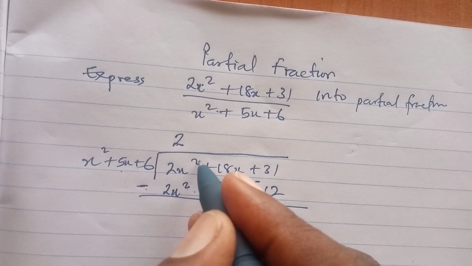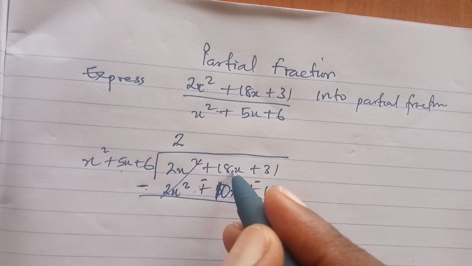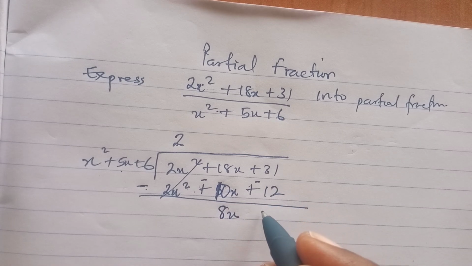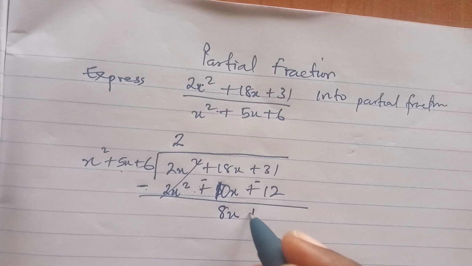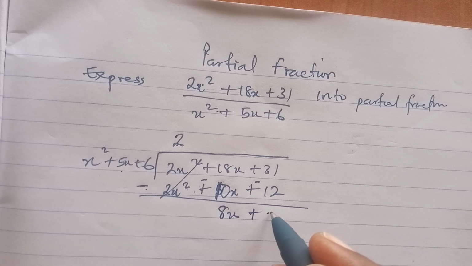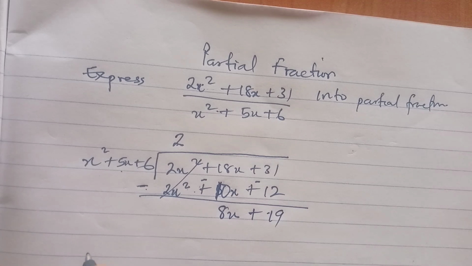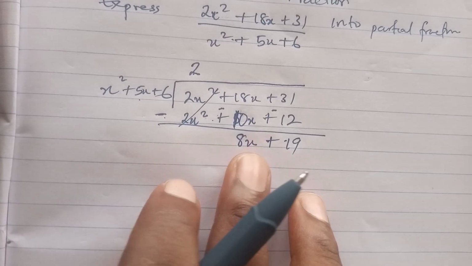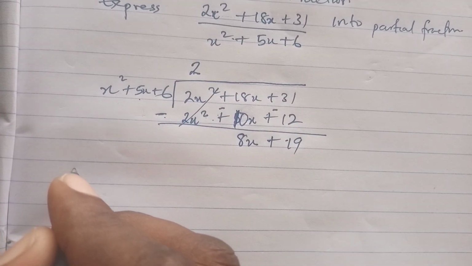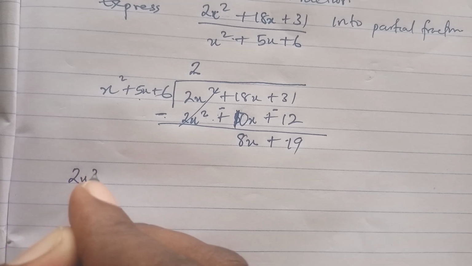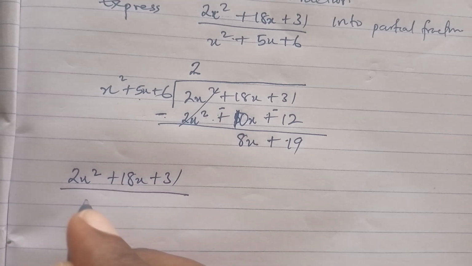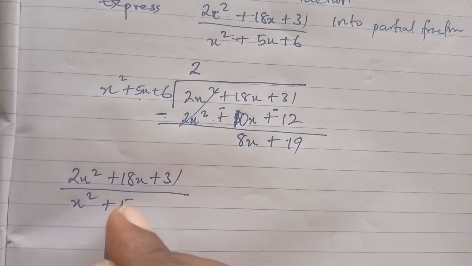So 2x squared will cancel out 2x squared. So this is 18x minus 10x, so we have 8x. 31 minus 12, we have plus 19. All right. So now that we have divided it, you see that we have this. So we are good. So we rewrite that question: (2x squared plus 18x plus 31) over (x squared plus 5x